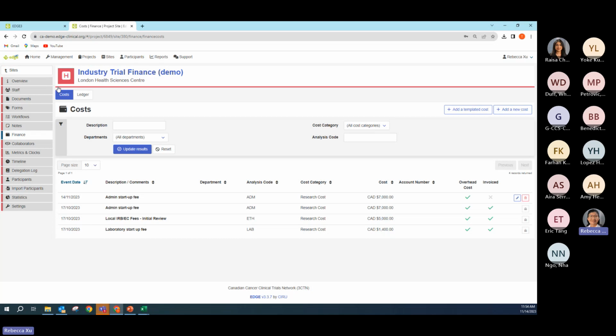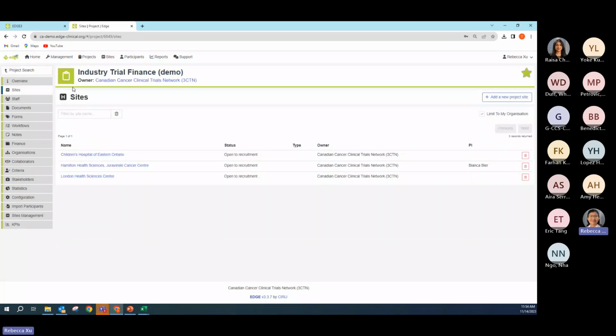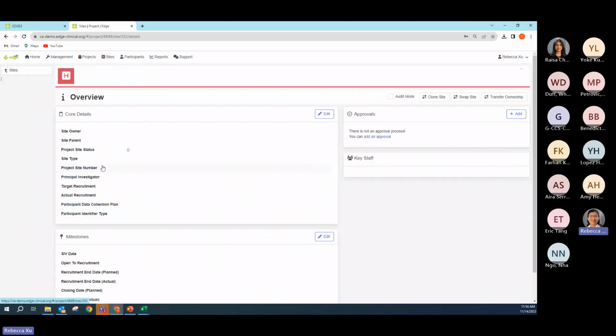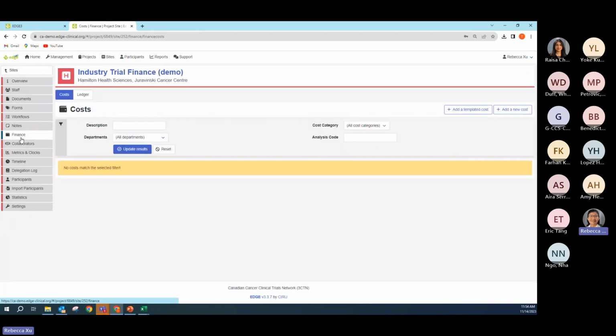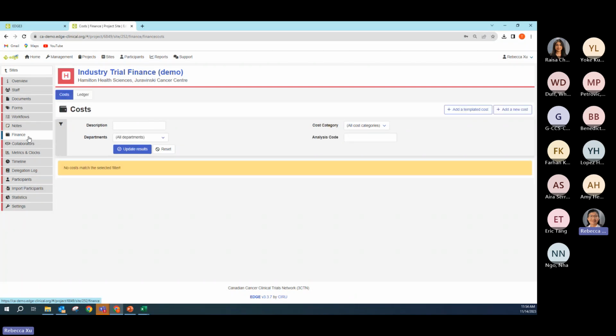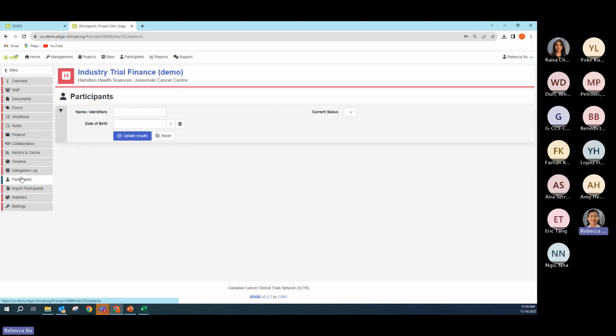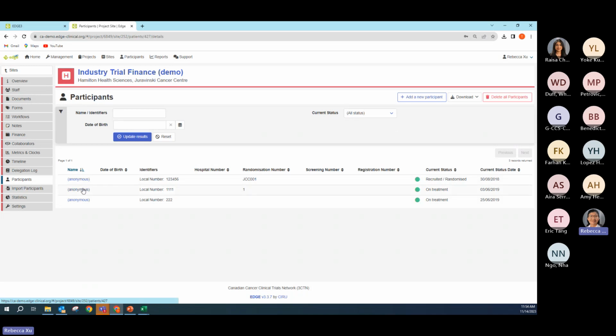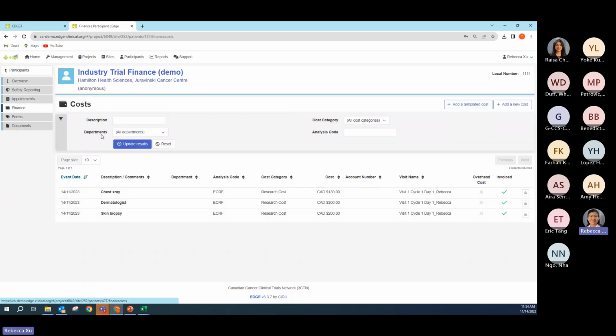So if you go to this part, the chest ray, you already invoiced them. Let me see, am I in the participant level? Yeah, sorry. If I have the chest ray already for this one,